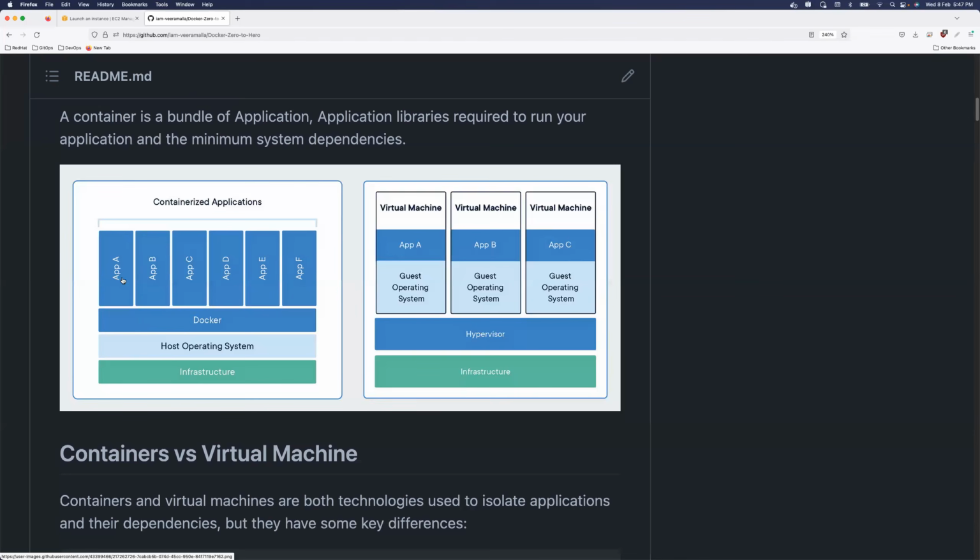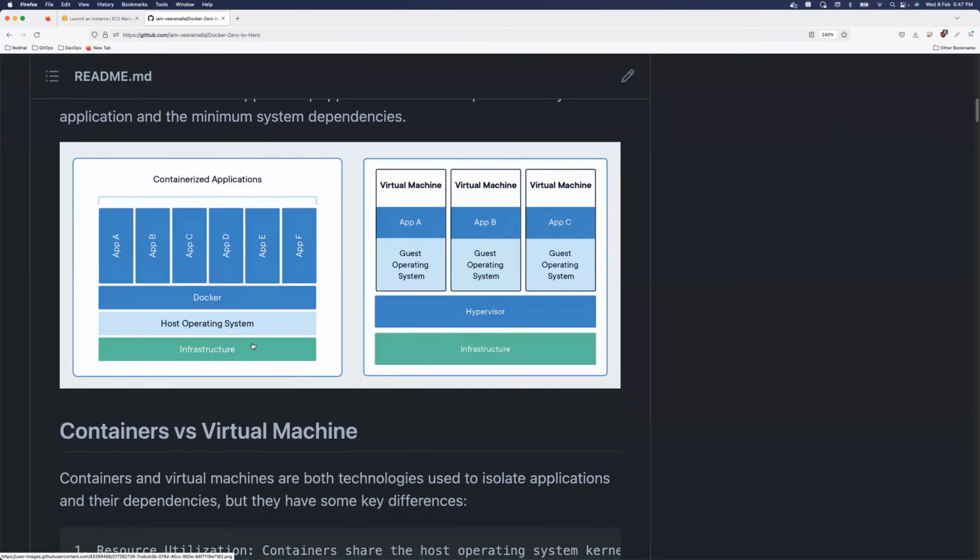That can be done by using some system dependencies, and for the rest of the things, all of the containers can share from the kernel or the host operating system. Now, what are these files and folders that containers have inside them, and what are the resources that containers use from the host operating system?